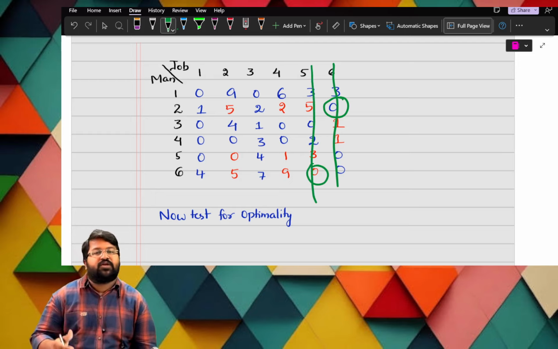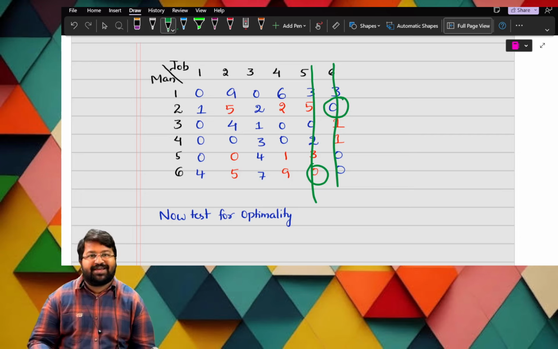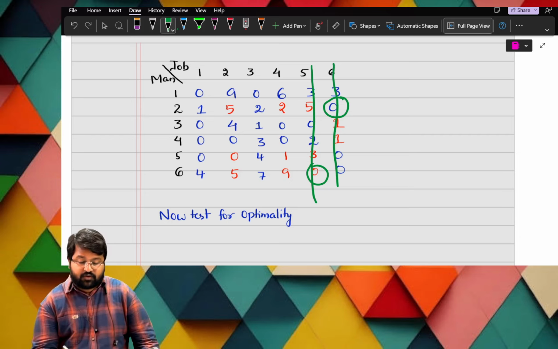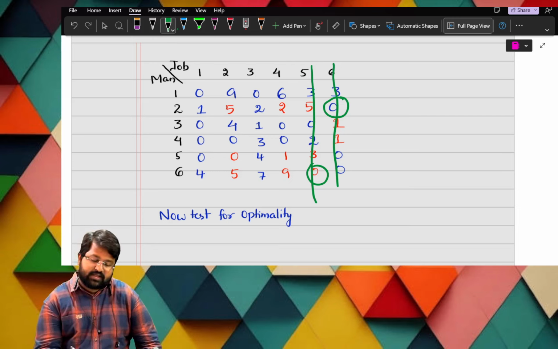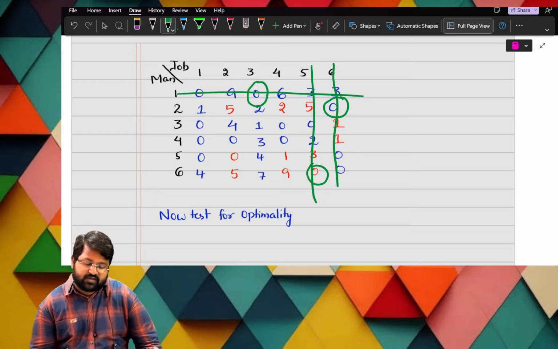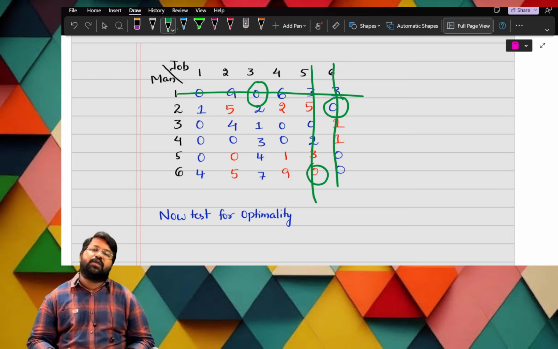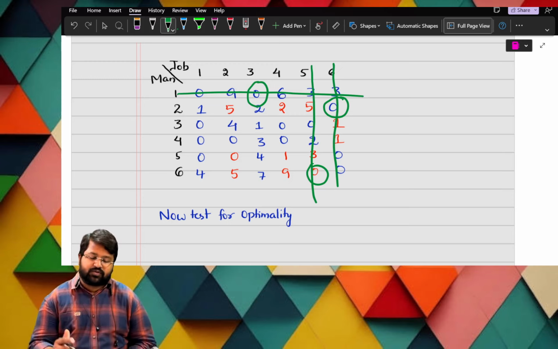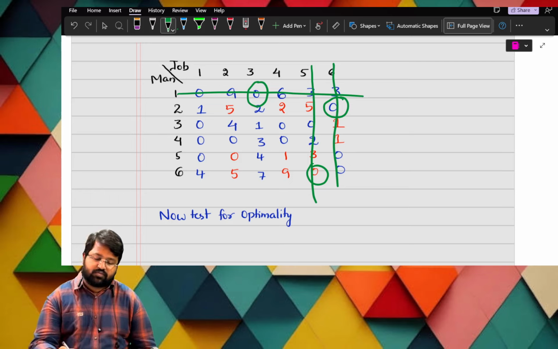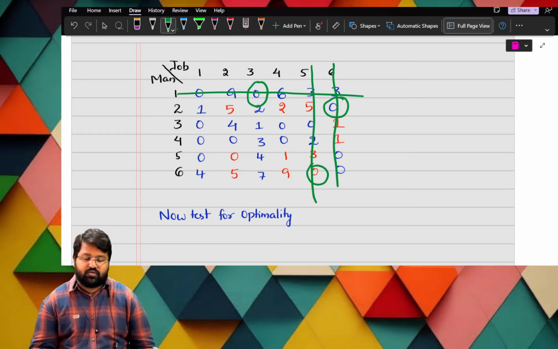Okay. Now I will check what, ma. Now I'll check with columns. The columns: single zero, no, single zero, no, single zero, yes. There is a single zero. What I have to do? I have to cancel the row. Okay, sir. Any single zeros? No, no. Then what I have to do? Again, I have to check with all the columns. Now I have to check with rows. Row with single zero, row with single zero, row with single zero, row with single zero, row no zeros. Then I have to check with columns. No. So what is this?